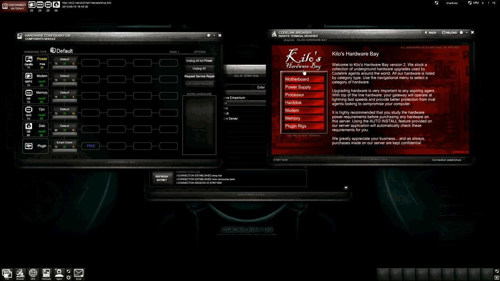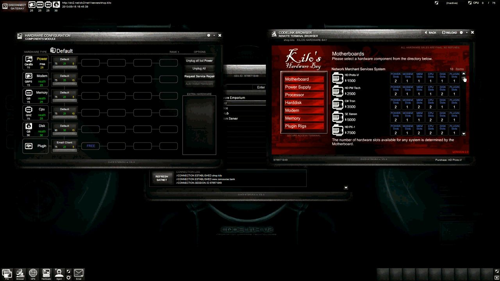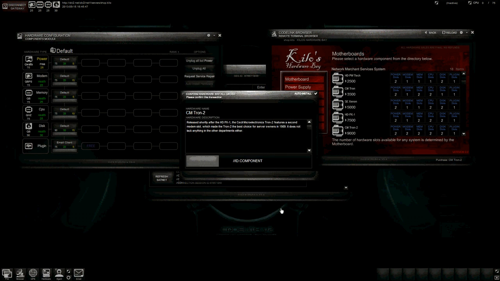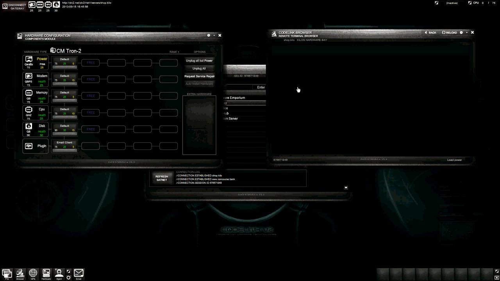So I recommend you start with the motherboard because we don't have a lot of room to plug other things in. So go into motherboards and let's buy ourselves something decent. We could spend $9,000 on the CM-Tron 2. Let's do that. Let's go ahead and purchase and install, and you will notice that my hardware will now open up more plug-in slots. Alright, so before I can plug in anything else, I'm going to need power to give some